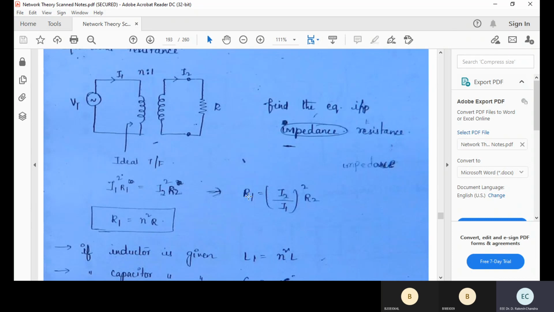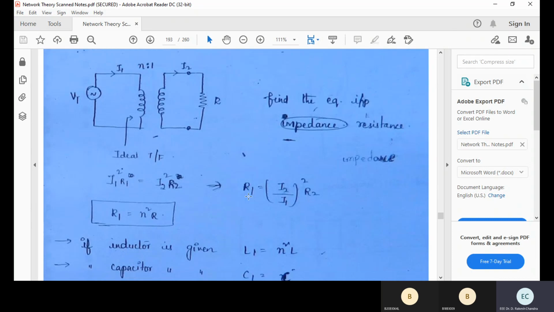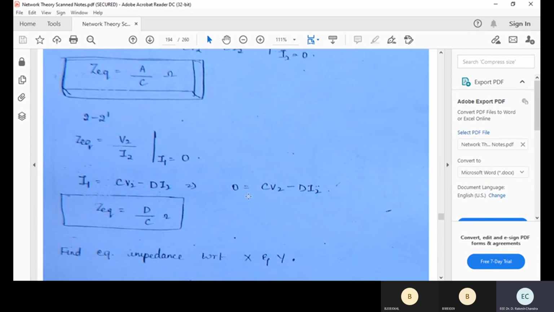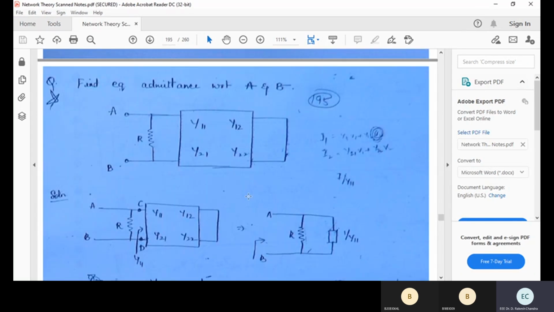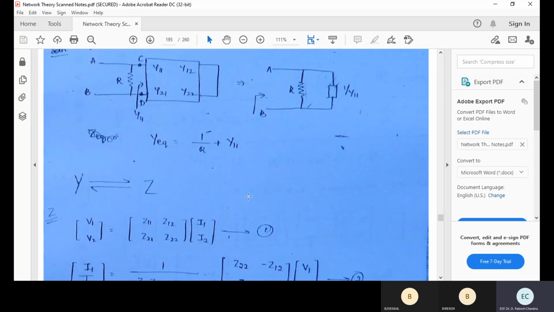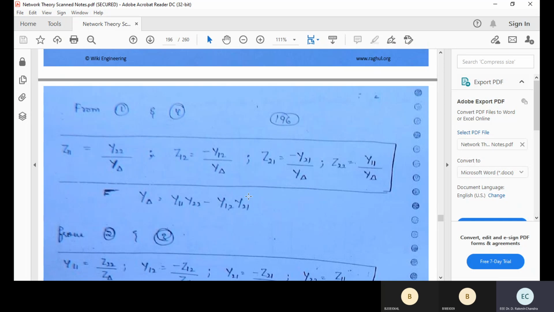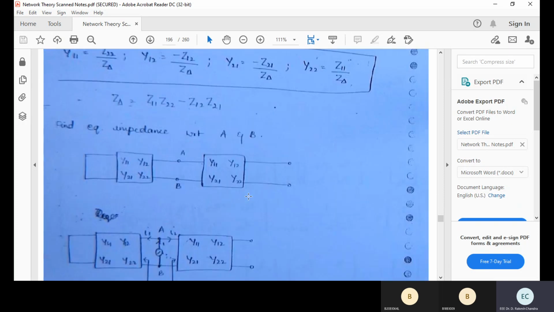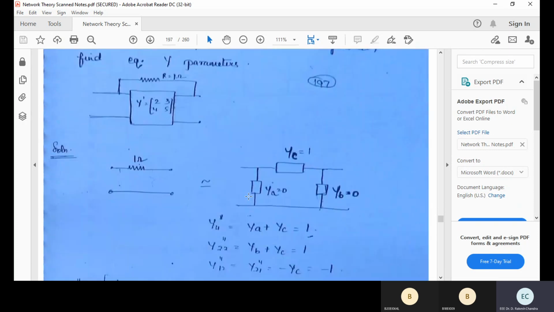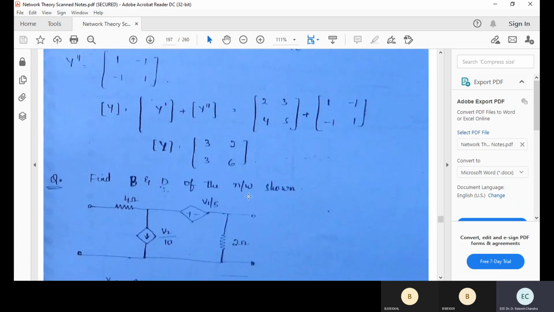Before proceeding to the next class, I'll tell you the concept of magnetically coupled circuits, and how for this type of a network they give problems and we need to solve. Of course, we'll see in the next class. I will tell even the concept of mutual inductance, self-inductance, coefficient of coupling, and all these concepts. And afterwards, we'll proceed with the combination of these 2-port networks to the magnetically coupled circuits, and problems of the combined nature, and we can solve some of the problems like this.